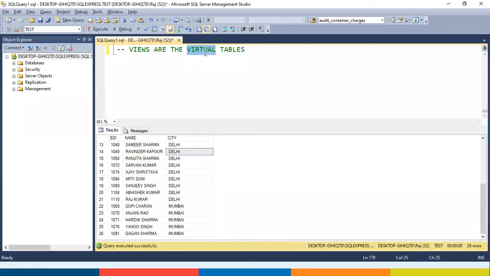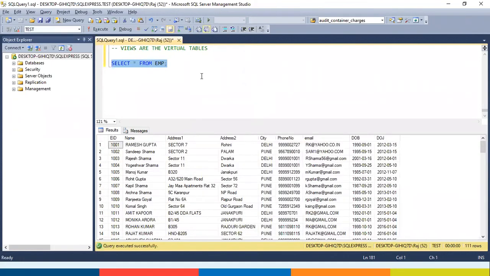So let us take one scenario over here. Select star from EMP. Now assume that the address and the date of birth of an employee is confidential information.